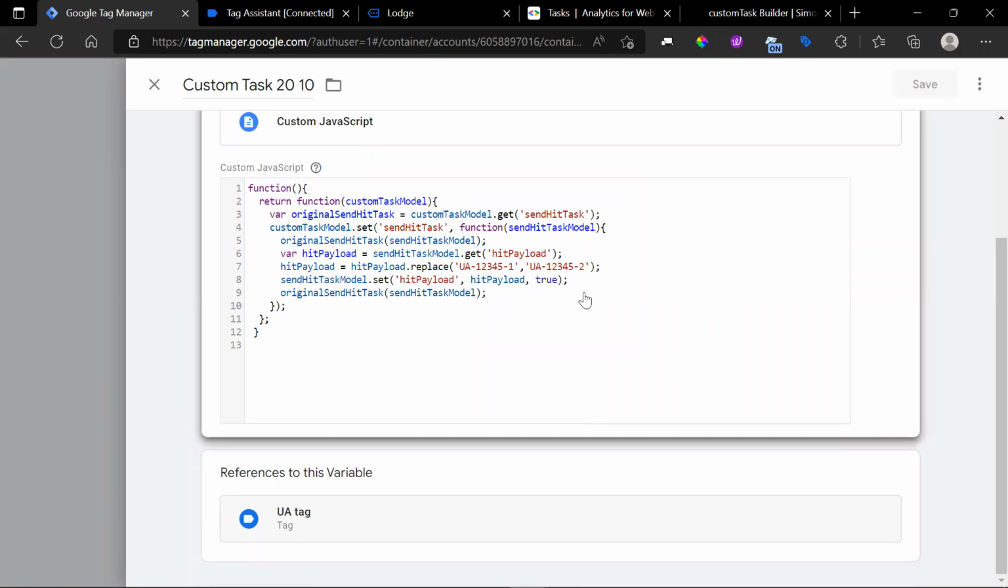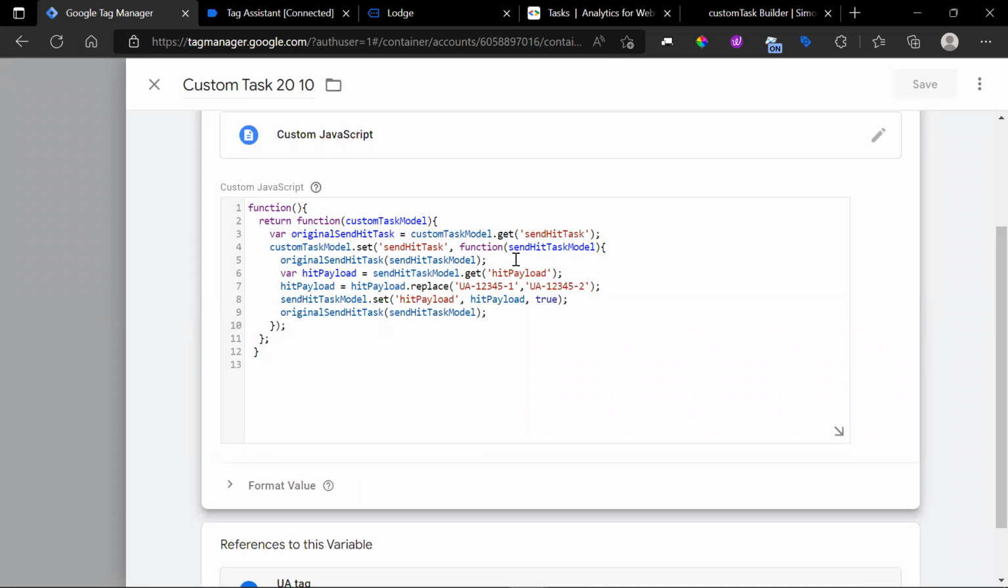So now initially what it's doing is it's creating a variable called original send hit task, and in the custom task model, it's trying to get the send hit task value, and it gets stored in the original send hit task. Original send hit task will contain the value. Now after these two lines are executed, what's going to happen is we will try to access the